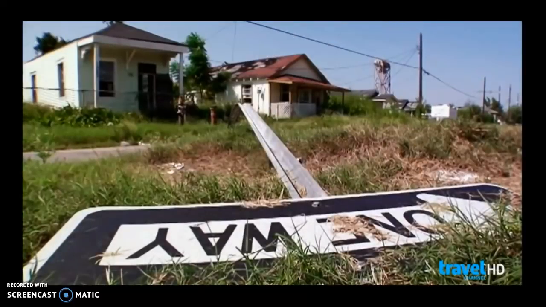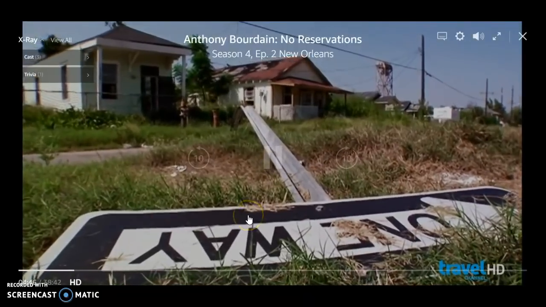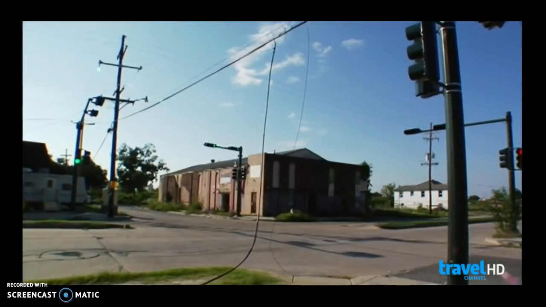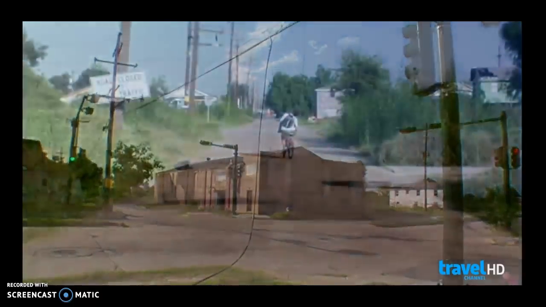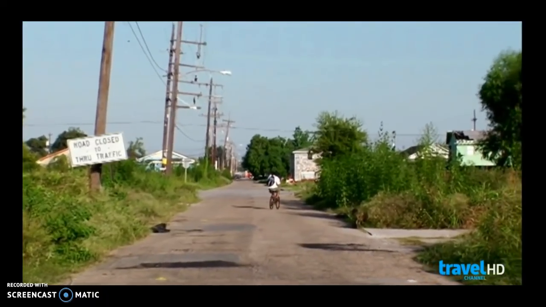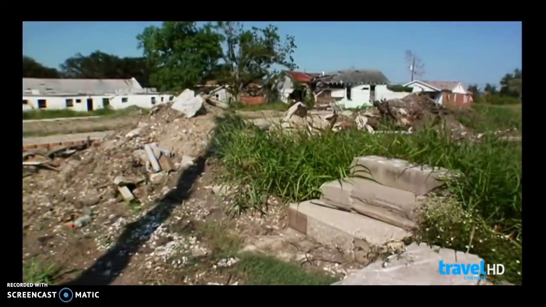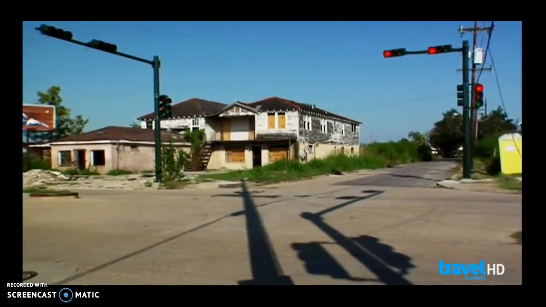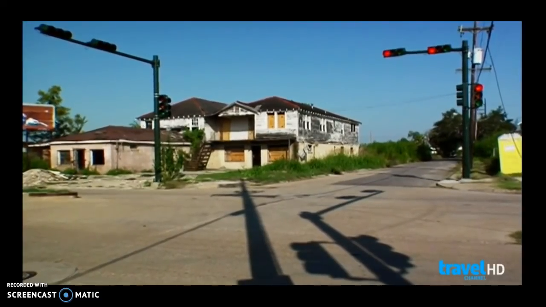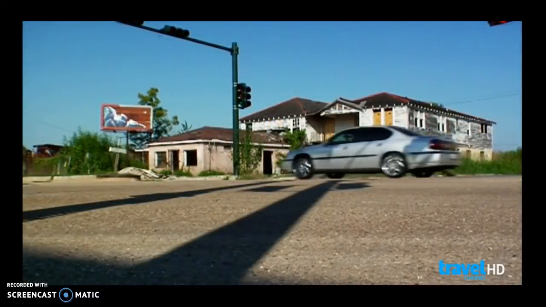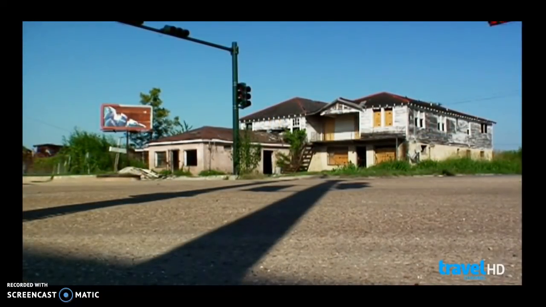Now, this was a change to the environment, right? So we're looking at environmental change. So what happens when the environment changes? Here's some more footage of that environmental change. You can see the town is kind of abandoned. Street lights are destroyed. Signs. Electricity may not even flow. You can see some of the homes themselves are demolished and fallen apart. This area has a lot of homes that have been abandoned. You can see they're kind of destroyed. Now, some people have stayed. The question is, would you?